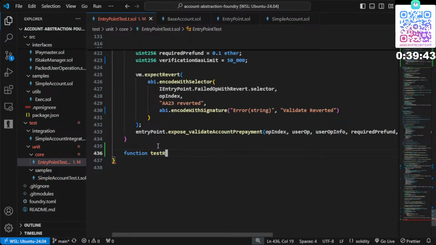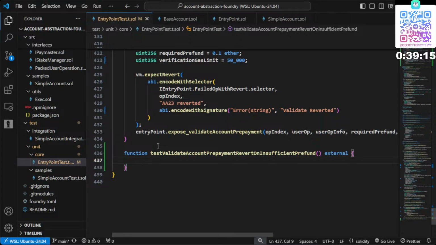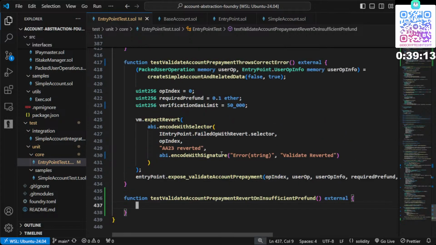Test revert on validate account prepayment reverts on insufficient refund. Okay, so